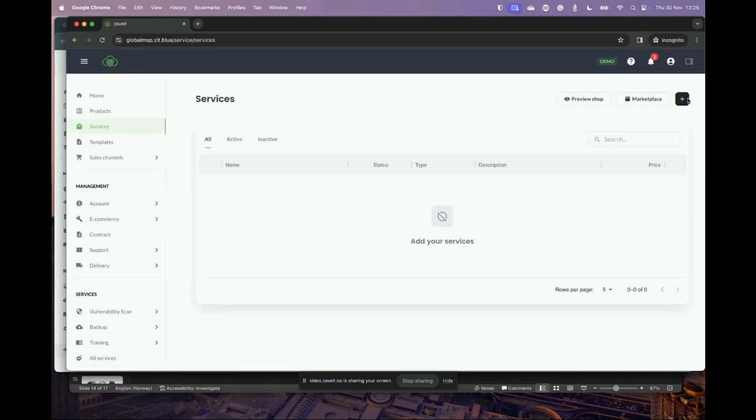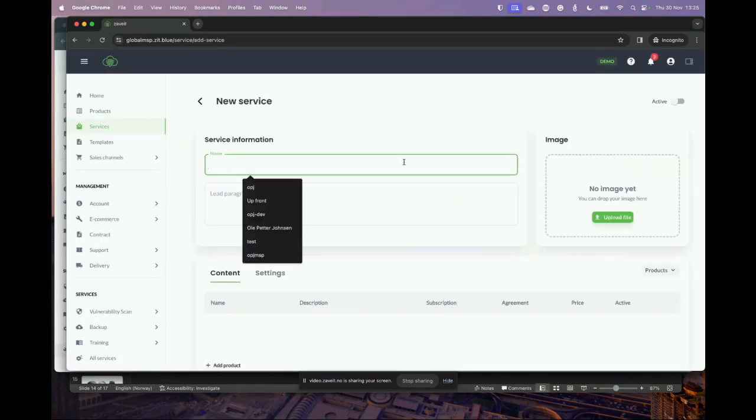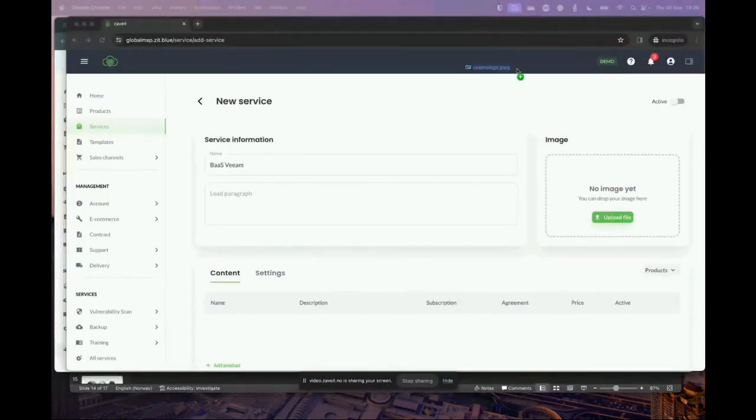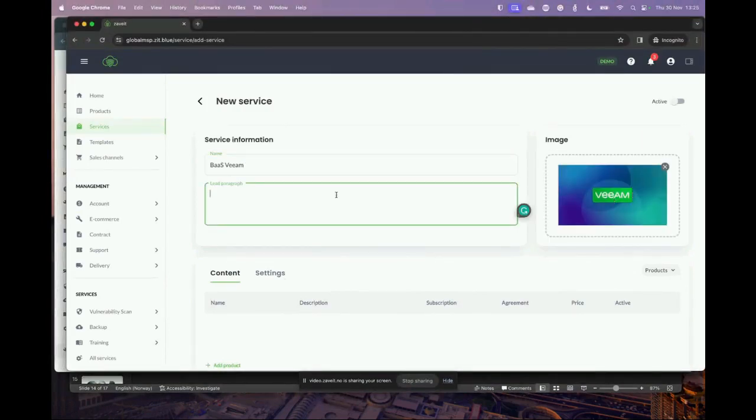Go into services, I create a new service. So backup as a service, Veeam, for example. And then I can go ahead and give that an image. I can give it a description.